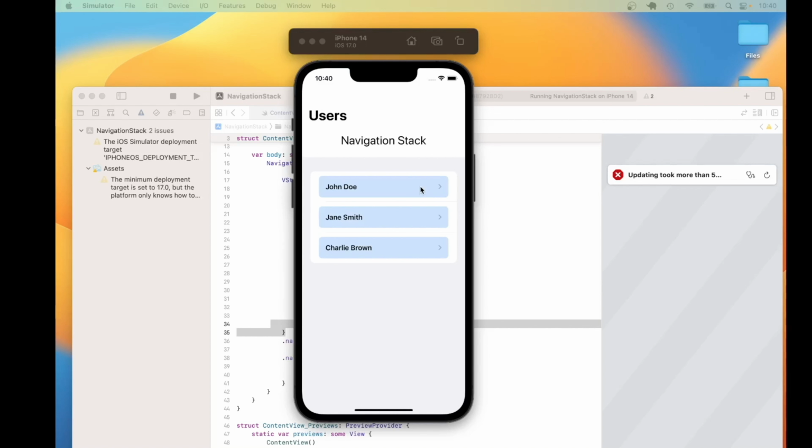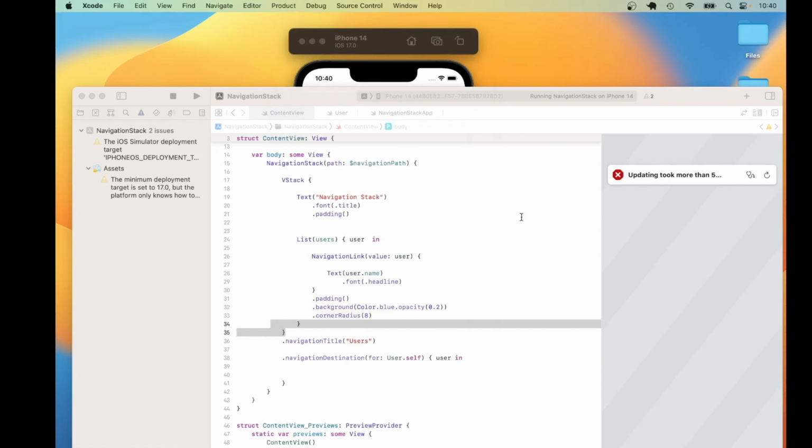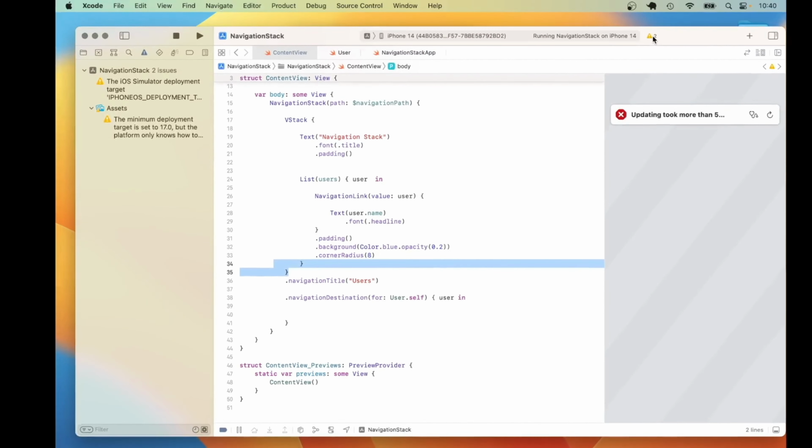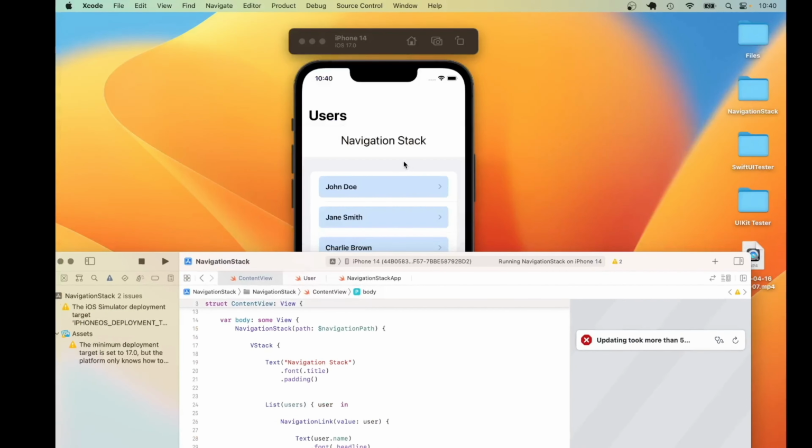If I click on John Doe, as you can see, it doesn't navigate anywhere because we need to define where it should navigate to. So in the second tutorial, which is tomorrow, we will implement the detailed view. So when I click on any of the records, it will display the selected record on the detailed view using the